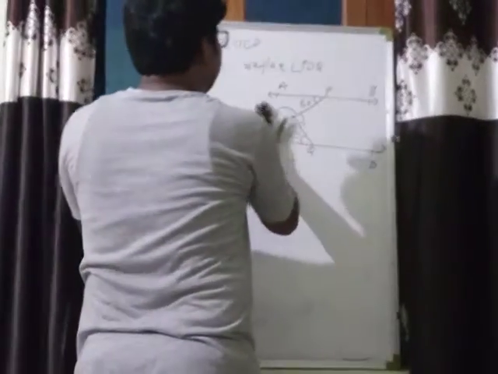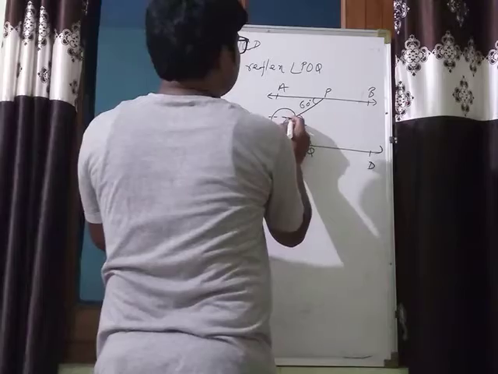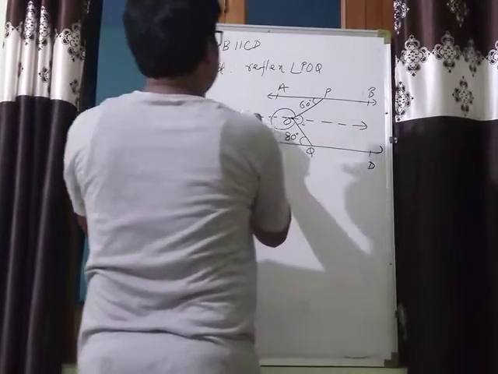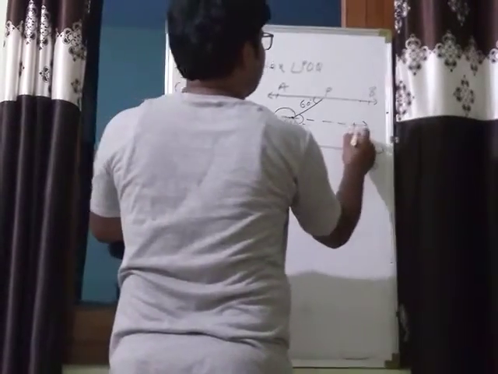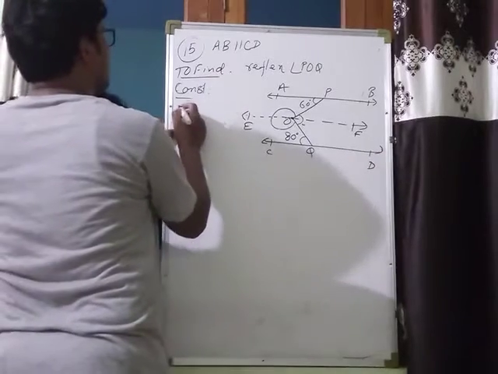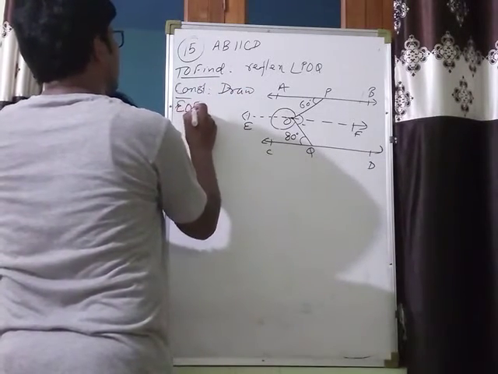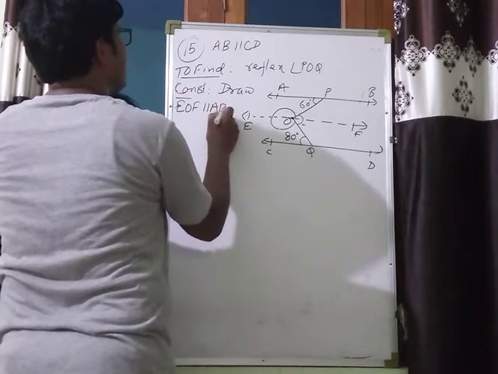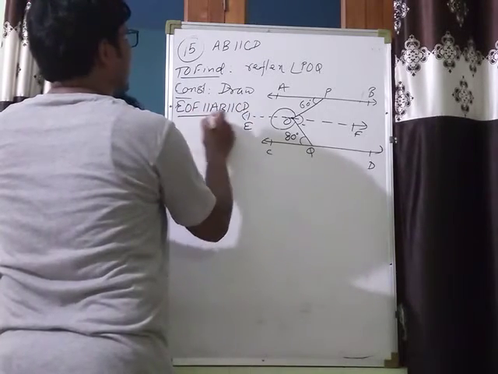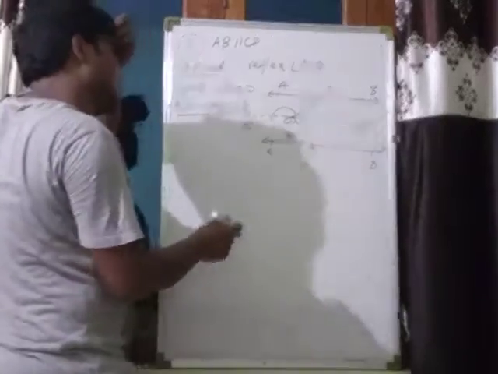So draw a line, say EOF, which is parallel to AB. Draw EOF which is parallel to AB, and because AB is parallel to CD, all the three lines will be parallel to each other. Okay, now